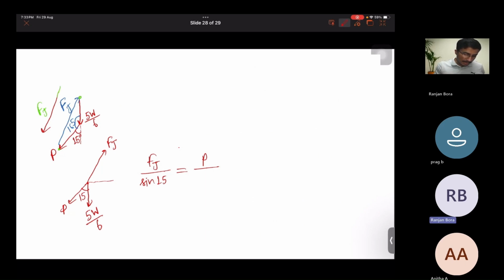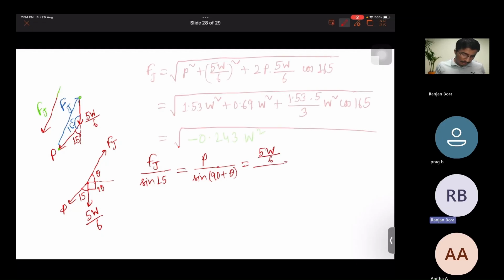Let us assume this angle as theta. We know this is 90 degrees. So this will be P divided by sine of 90 plus theta, equal to 5W by 6 divided by